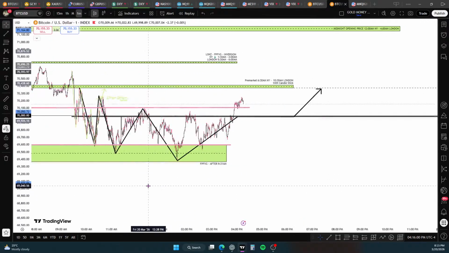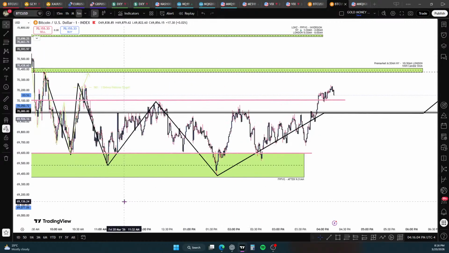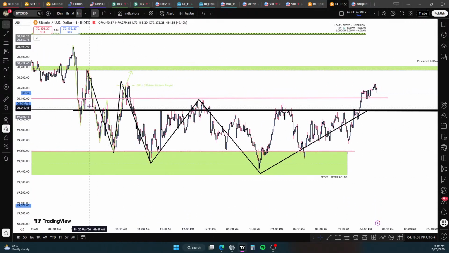So basically, when you look closer, it's very easy to get drawn into the smaller fluctuations. I would say that's even a 3 drives pattern there. Look, 1, 2, 3, and then it goes to the 50% of this, but not to the full